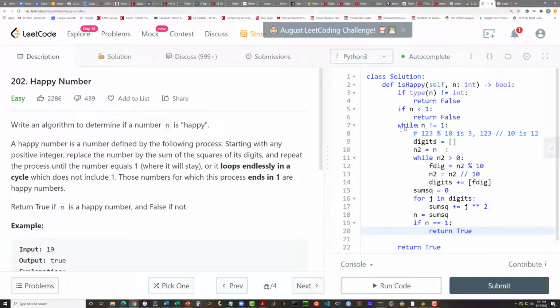All right, so let's see what we got so far. Very, very unclever, just reading the instructions, writing things as they pop into my head. So while n is not equal to 1, we're going to construct a list of the digits that make up n. Then we're going to compute the sum of the squares of those digits, and n is going to be set to that sum of squares of those digits. If that number is 1, we're finished. Otherwise,